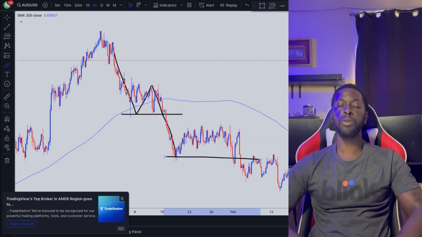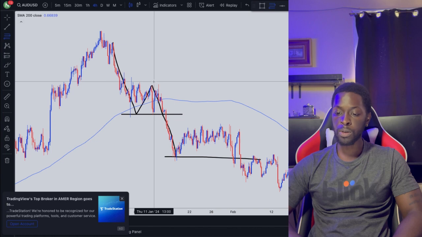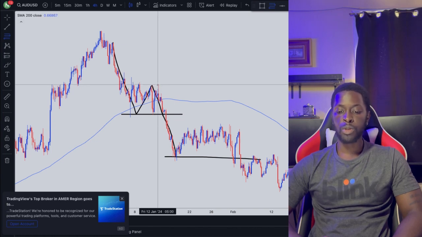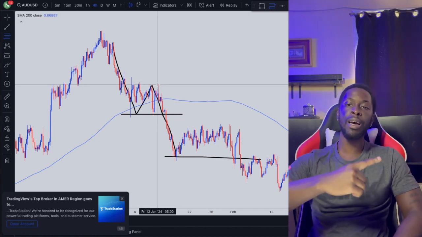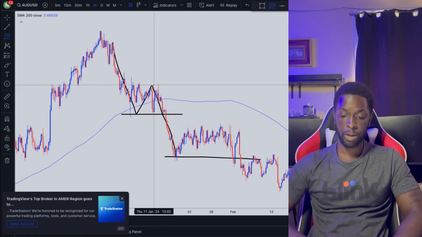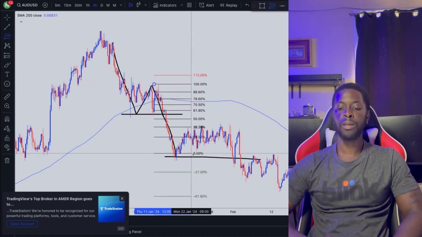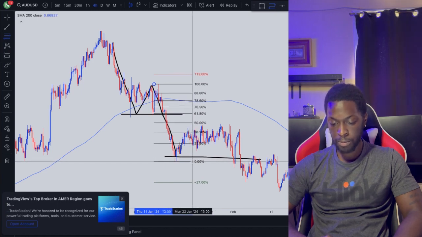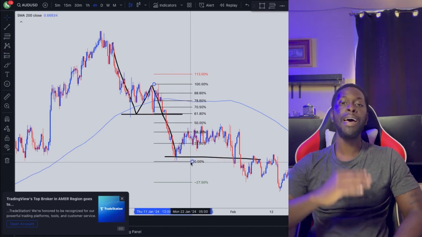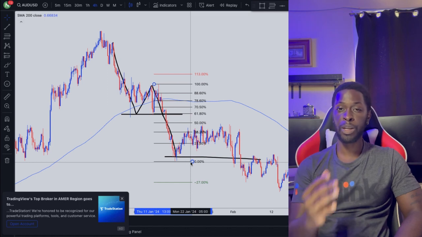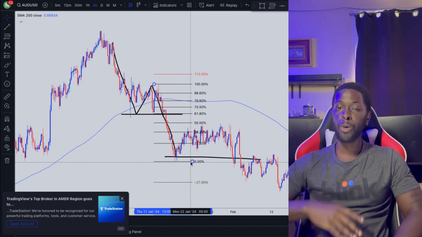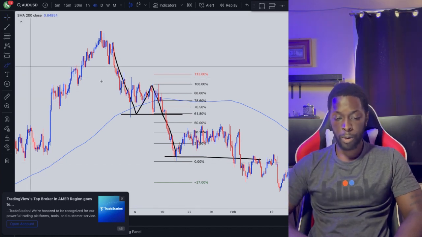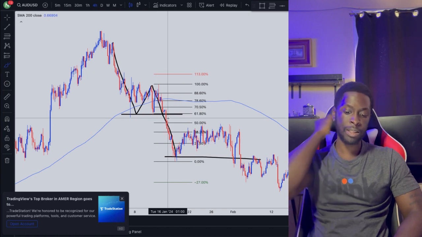Now you're able to pull out your Fibonacci tool, draw from the previous high, which is here, the previous high, extend to the current low, which is right here, and that is how you draw your Fibonacci. Now, how do you use this? Okay, so there is